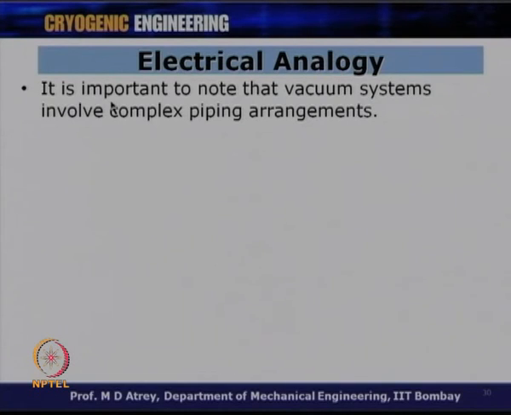Now, it is important to note that a vacuum system involves complex piping arrangements. If I want to vacuum a particular space, I will connect that space by having different piping arrangements, and these pipes could be in parallel to each other, or in series with each other. If I connect a pipe of particular dimensions D and L to another pipe of D and L, it will give me different throughputs. It will give me different resistance to the flow, or delta P, and therefore it is very important to understand what happens if I connect these pipes of a given dimension in series or in parallel.